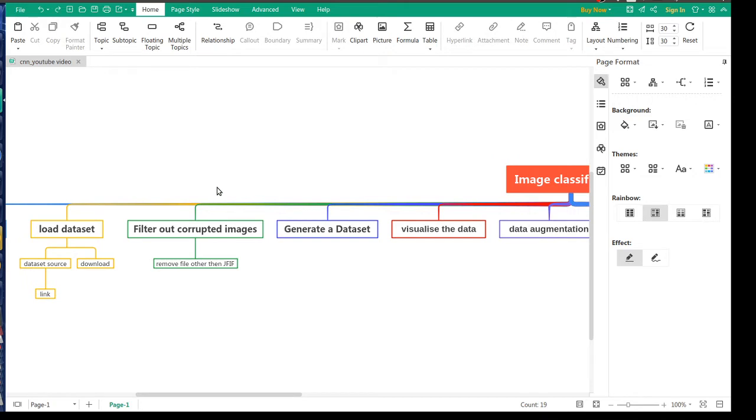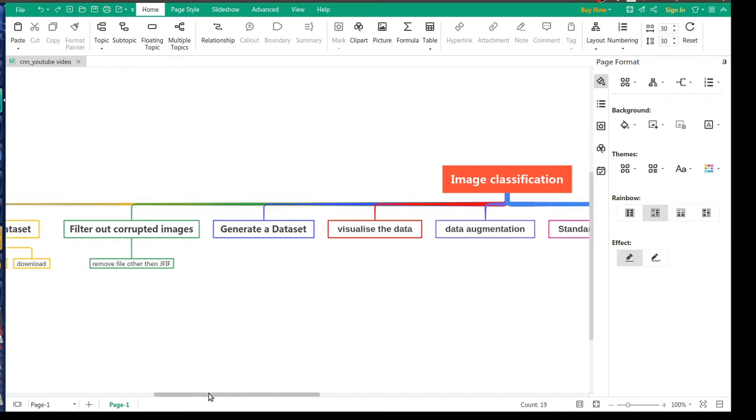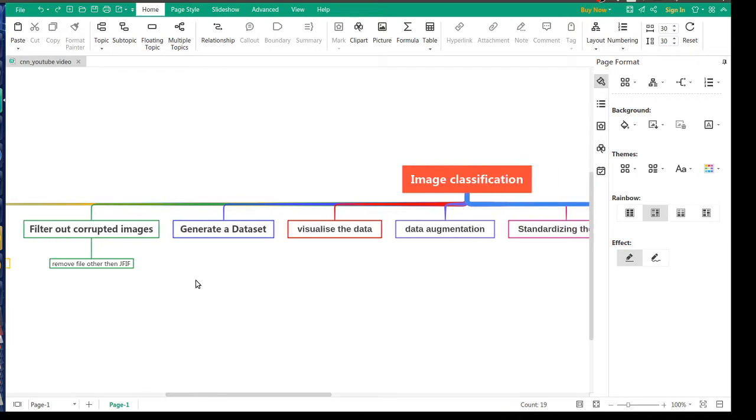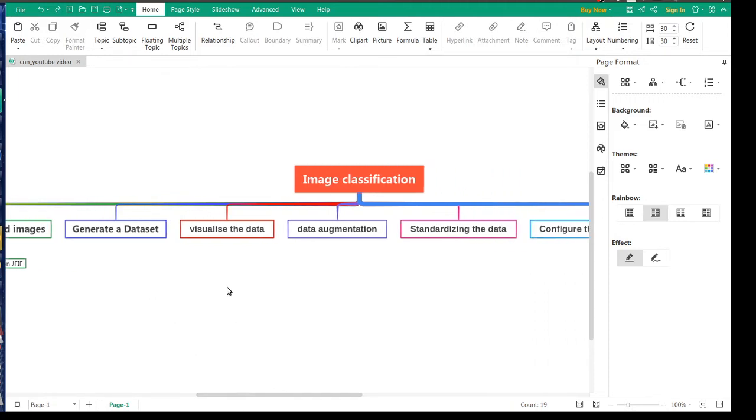After that, we'll filter out the corrupted images or corrupted data, and the next step will be generating the dataset. Using the images, we need to convert them into a particular format, the array format. Then we will analyze and visualize the images which are converted into arrays to make sure that the conversion was proper.